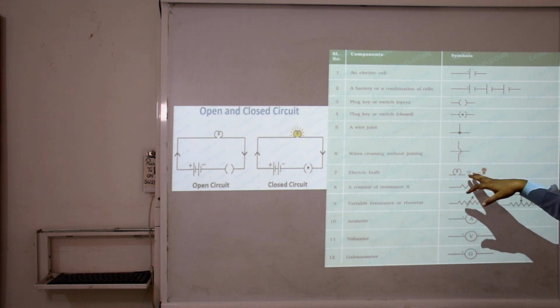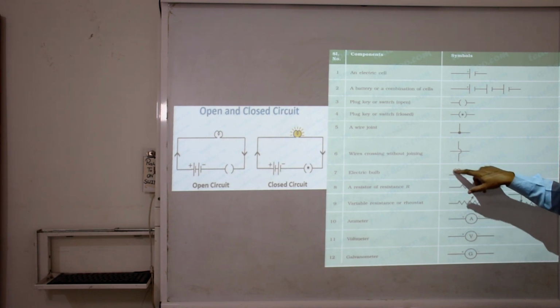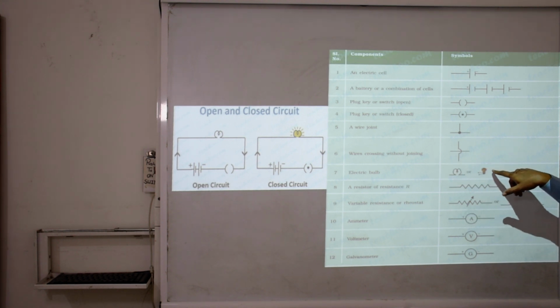Now this is the electric bulb. The two positions are there. When there are lines around it, then it is glowing, or if it is colorful, it shows the electric light energy too. This shows the resistance, denoted by the capital R, and it is a permanent or constant resistance, it is not variable.